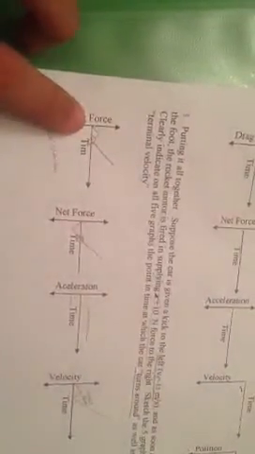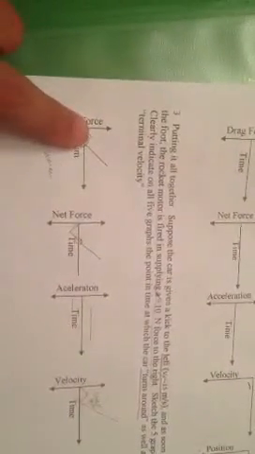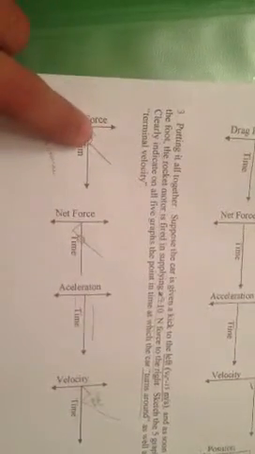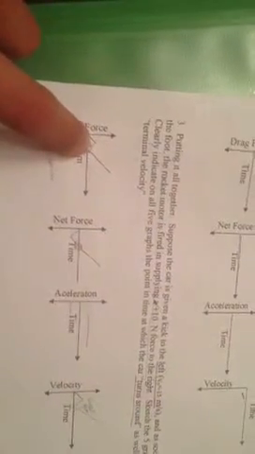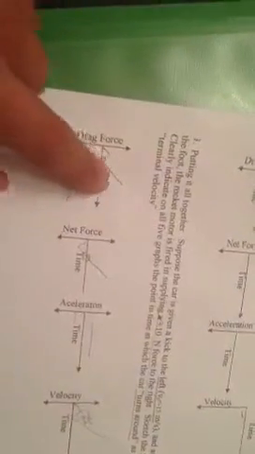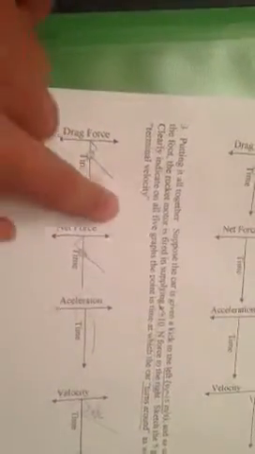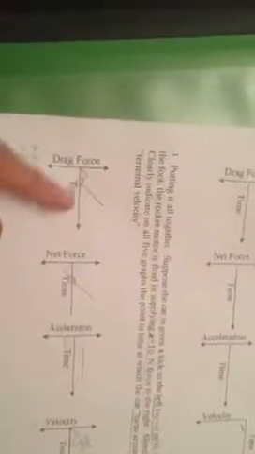So for the first one, the drag force, which is basically air resistance. It starts out being 0 right at the beginning of the problem. Then it has some air resistance, and then it goes down. This is the point where the rocket kicks in, and this whole side is when the rocket is kicking in, and here is where it goes into the positive direction. So here it is increasing in air resistance, moving against the air